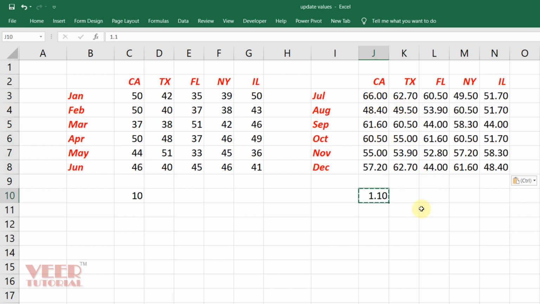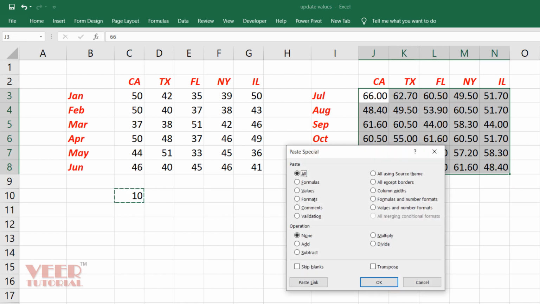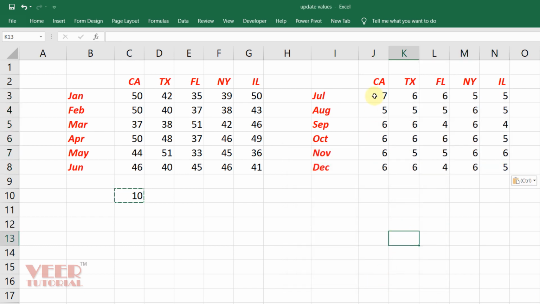And one more thing, it will apply the format of this cell as well. So you can see all the values are coming in decimal places. 60 becomes 66, 50 becomes 55. Now we can repeat this task. We can also divide these numbers. For example, if I want to divide all these values by 10, simply I can copy this 10 from here and I can select all these values, and this time Alt Ctrl V and I will select divide and then press the OK button and we got our answer.